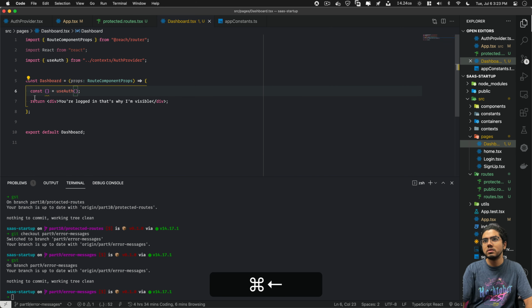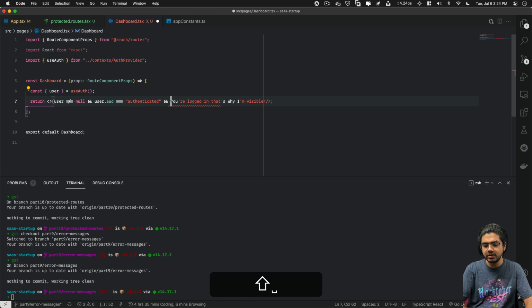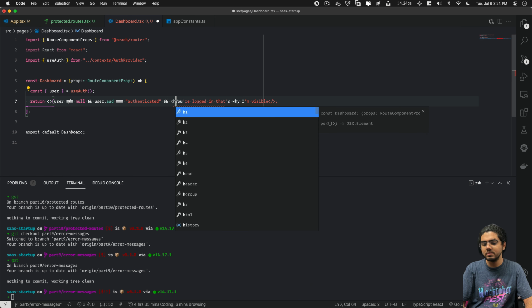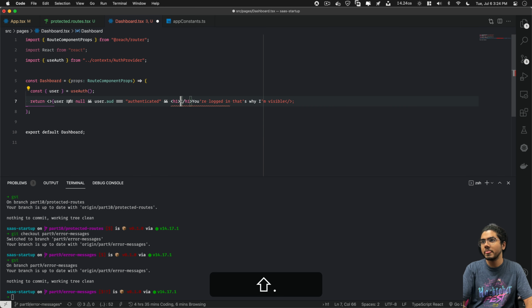User, and let's make it a fragment. If user is authenticated, then it will show you are logged in. That's why it's visible. And if your user is not logged in, it will take us to the login screen.